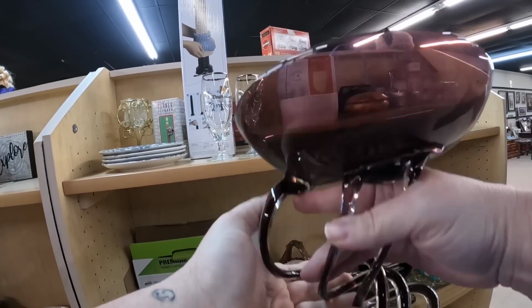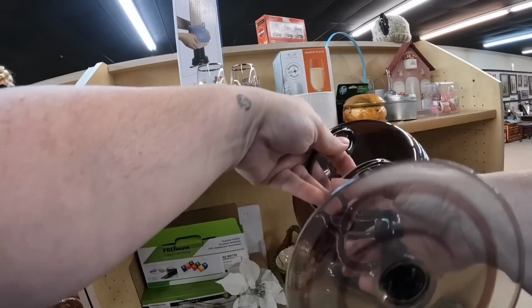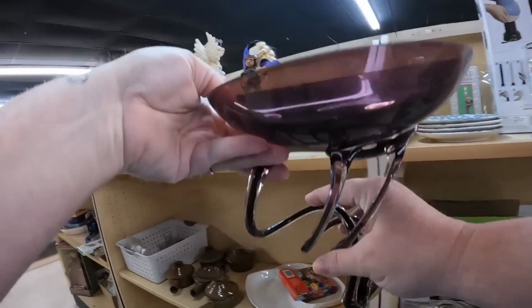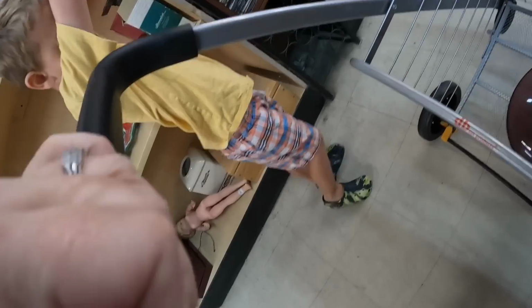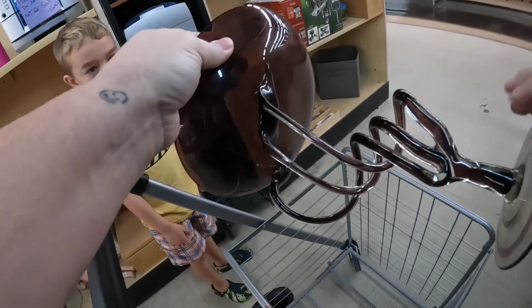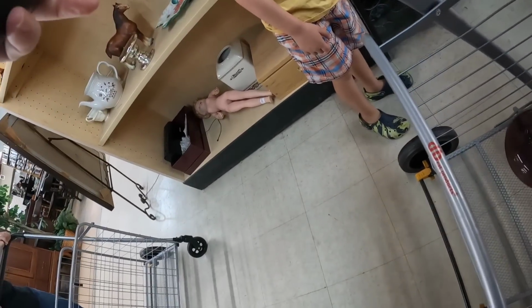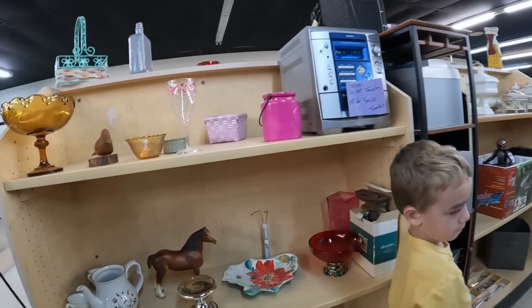Look at this. If you do not know, this is Krosno, made in Poland. Guys, this is $5. It's only $2.50. How amazing is that piece? And I set it and it seemed very wobbly, so I decided I would put it upside down so the wide base was there and it wouldn't be so